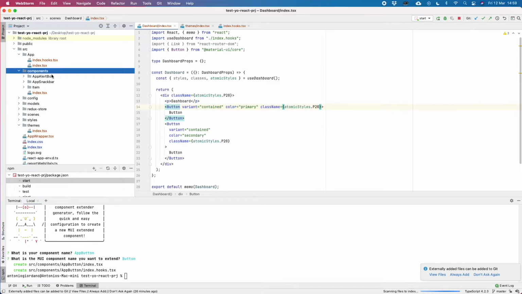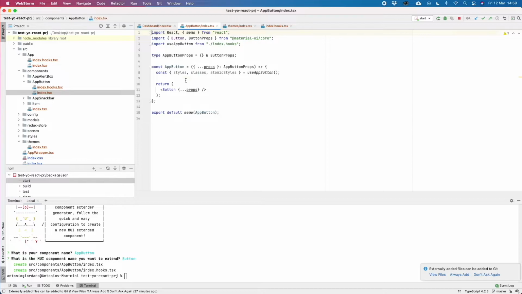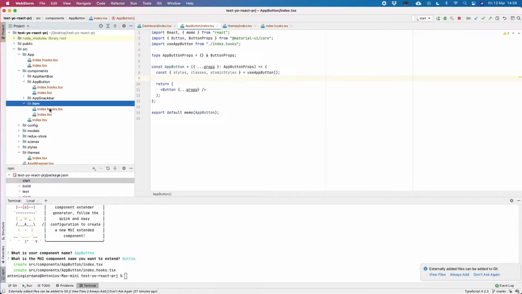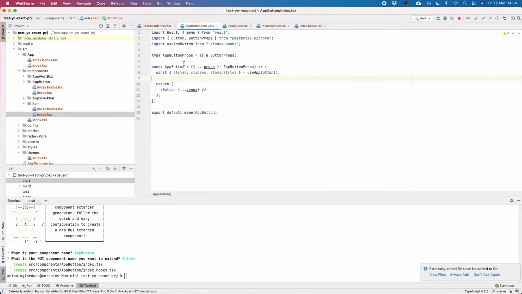Let's go to the components folder, and in a few seconds we will see the app button appear. Here we are. As you can see, there are some slight differences from the basic component like the item that we realized last time. For a simple component, the type item props is an empty object. In this case, instead, the type app button props is an empty object and all the props of the button. So in this way,